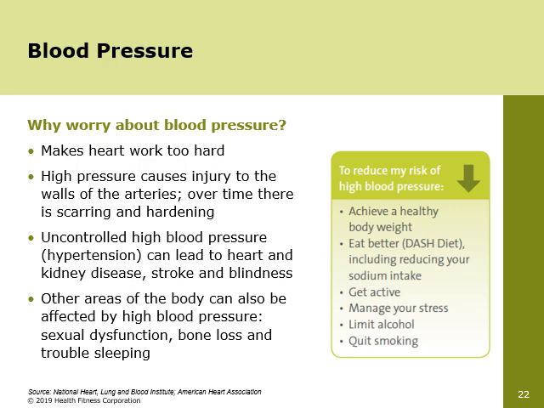But when your arteries are too narrow or stiff, your blood pressure rises and your heart works really hard. And this can damage your arteries and over time lead to scarring and hardening of the artery walls, which is something called atherosclerosis. And like we just said here, uncontrolled high blood pressure can lead to this. It can also lead to heart and kidney disease, stroke, and blindness. And it can affect other areas of the body, which can lead to sexual dysfunction, bone loss, and sleeping problems. So it's pretty easy to see here that blood pressure is a really big problem, or it can be.